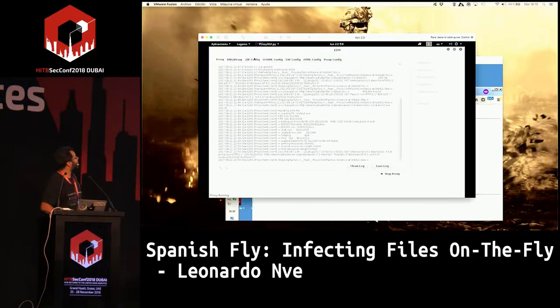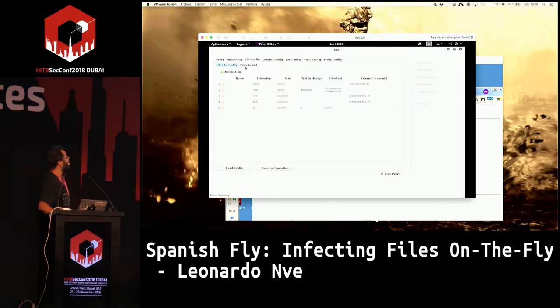The zip config here is the extension, or you can put the file name. For example, if the zip has setup.x, infect that file, or it can be by extension.